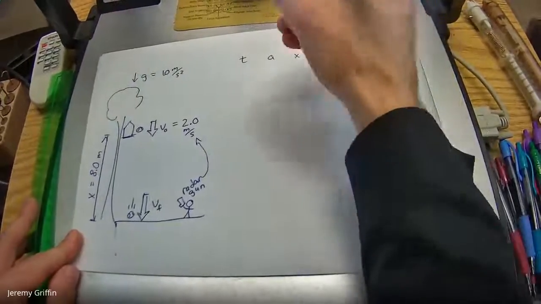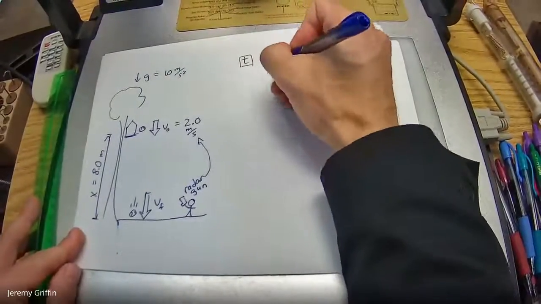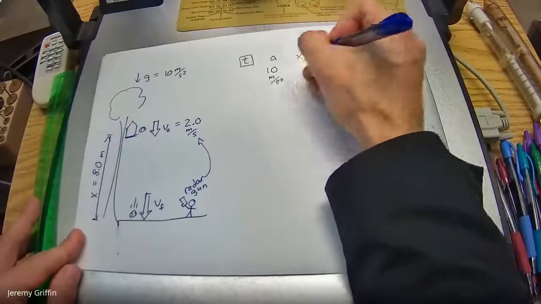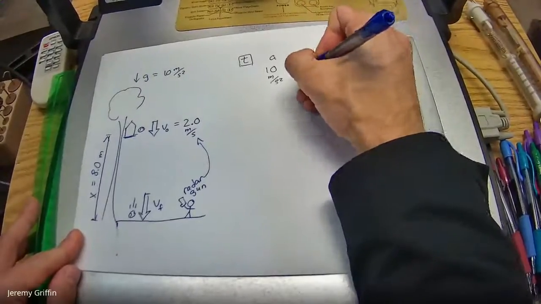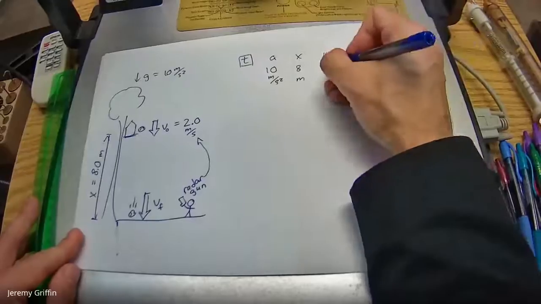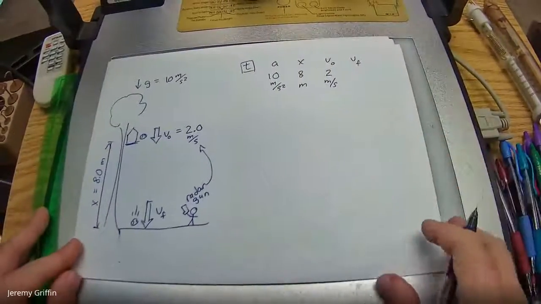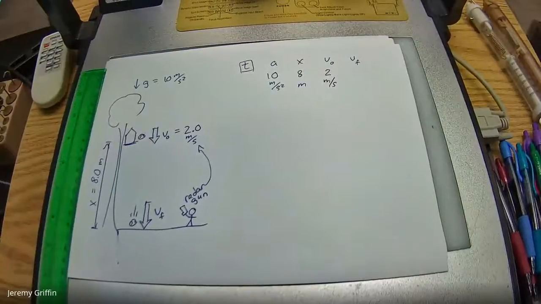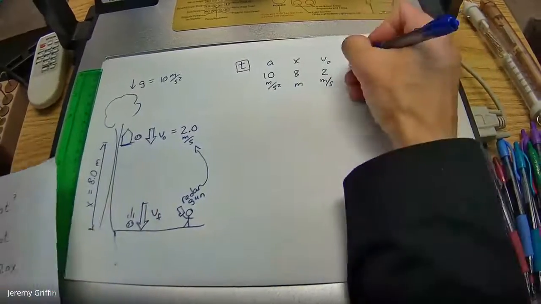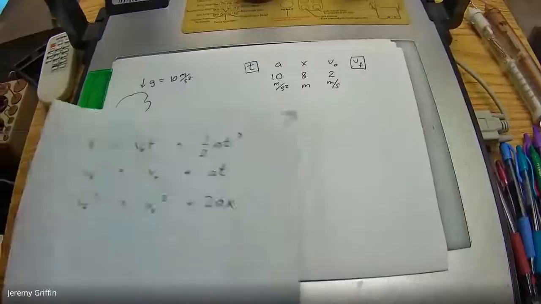Okay. Don't know this guy. I'm going to call this guy about 10 meters per second squared. I know the height of the tree was 8 meters. And I know I threw this thing at 2 meters per second. Okay. All right, got to figure out how much time to reach the ground and how fast it's going at the